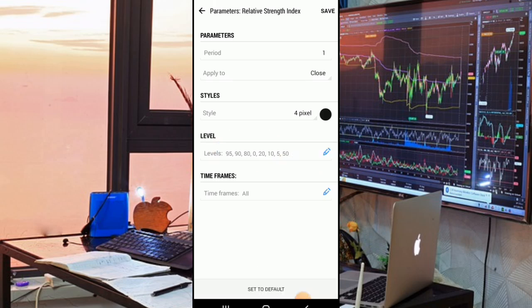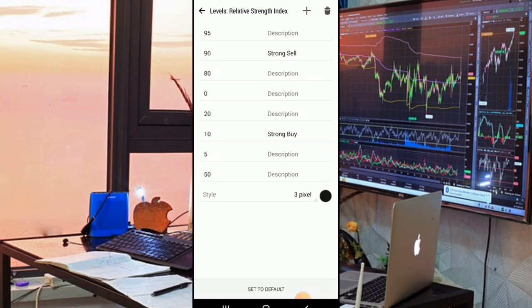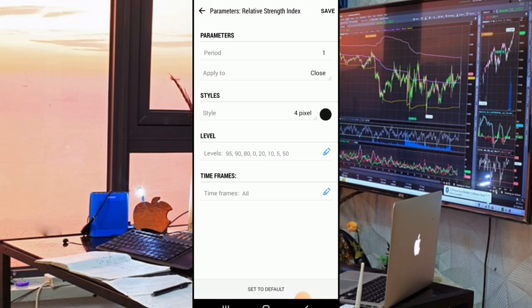So after you press over there, you are now going to begin to enter the levels. But because you won't be having any, or you're just going to have two on some phones, we are going to use that plus sign over there to make sure that you enter the levels. So we are going to use 95, 90, 80, 20, 10, 5, and 50, and make sure you put it on 3 pixel, and then you're just going to go back and then